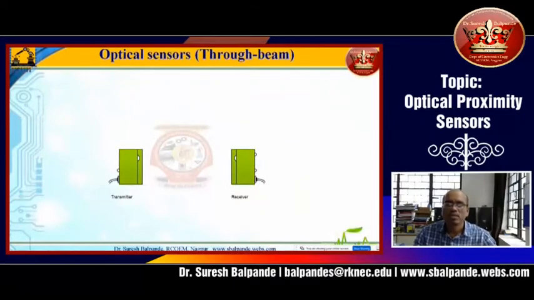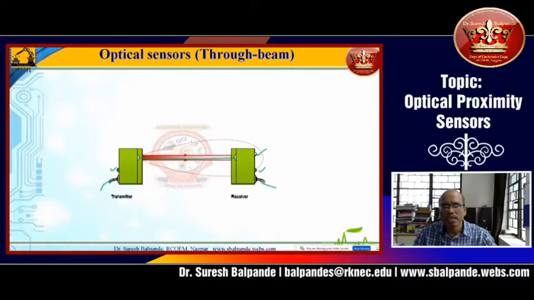So now this is the arrangement of through beam optical sensor. I'll quickly change the slides and the animation is produced. Through this animation, you can easily understand. You can see here, this is the transmitter, means transmitting LED, light will travel and fall on the receiver part. This is receiver, that is light detector. Backside we are having two LEDs for indication. Here we are having one indication for the output of the transmitter, and this is the output of the receiver. You can see now there is light falling continuously on the receiver section.